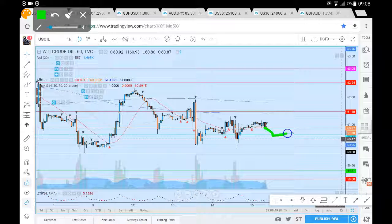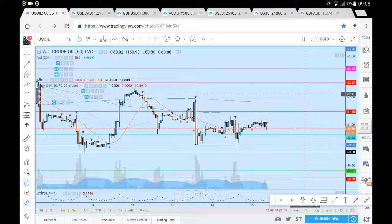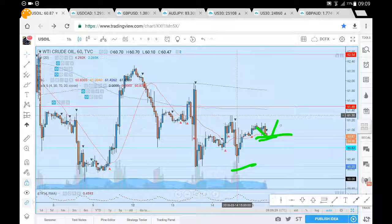If, however, we do find support at the 60.63, or if we hold support at the 60.63 or 60.25, we are looking for a move back up towards our most recent highs here in the markets, and our most recent highs are currently in around that 61.30. So if we can post a higher low, we're looking for a move back up towards that 61.30, a successful break from which we're looking for price to head up